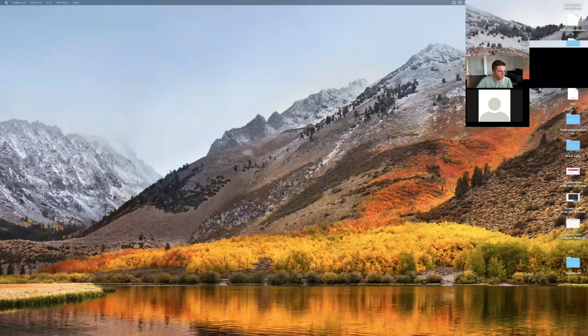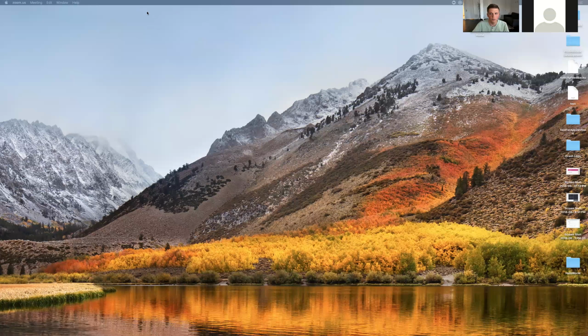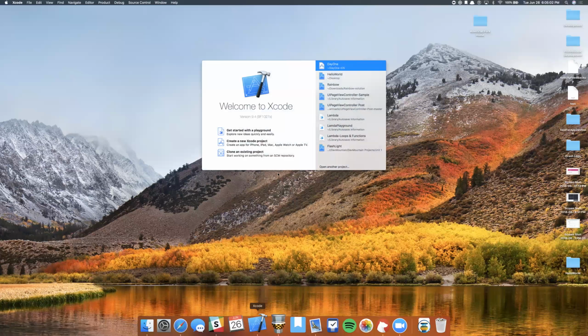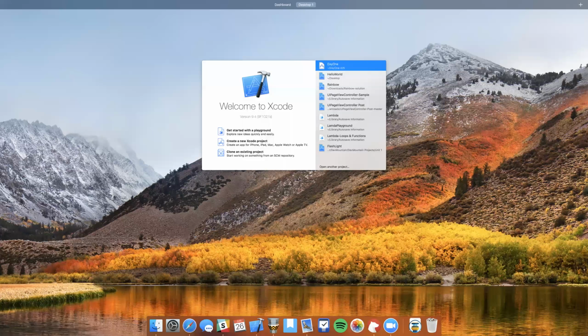So I'm going to share my screen here. Okay, so I should be sharing my desktop, and let's go ahead then and open up Xcode here. Okay, so as soon as we open up Xcode, you should see this option to get started with a playground. So let's go ahead and click on that option,